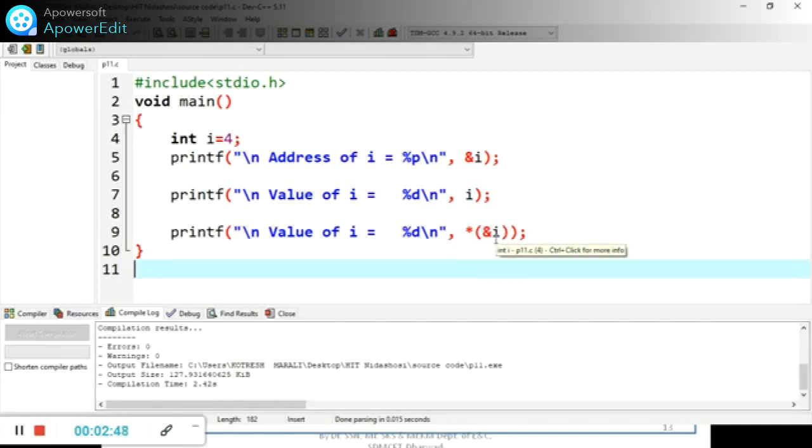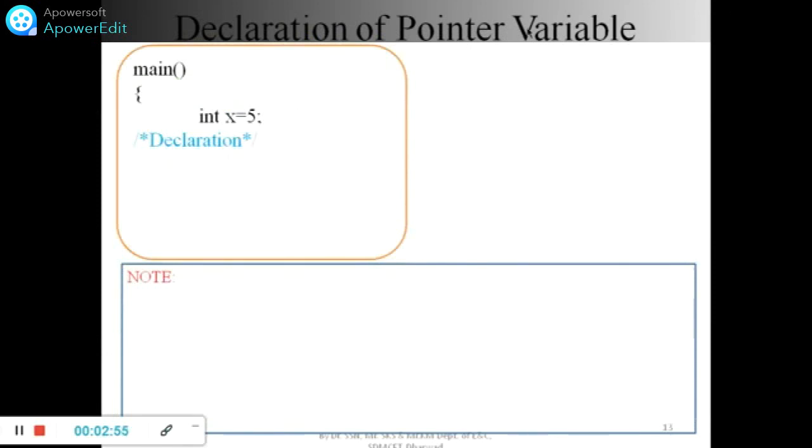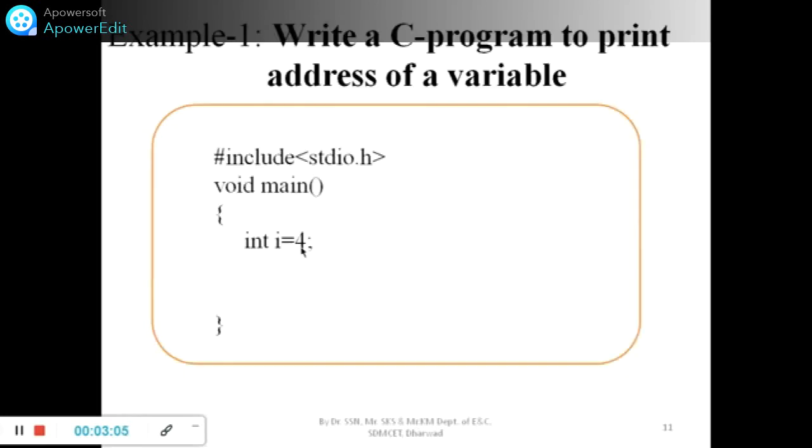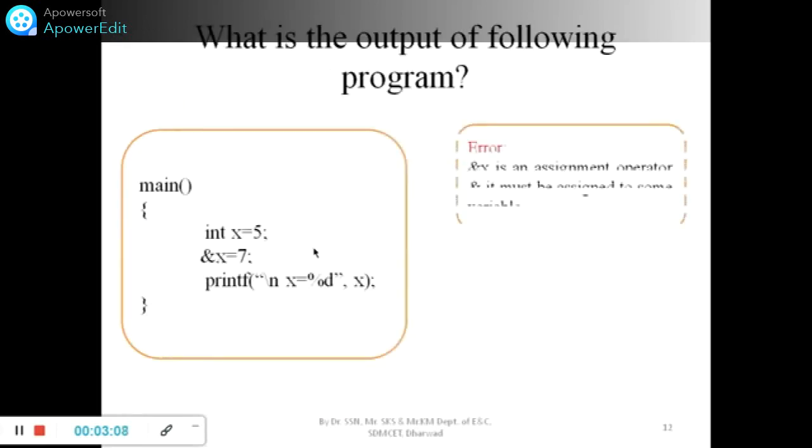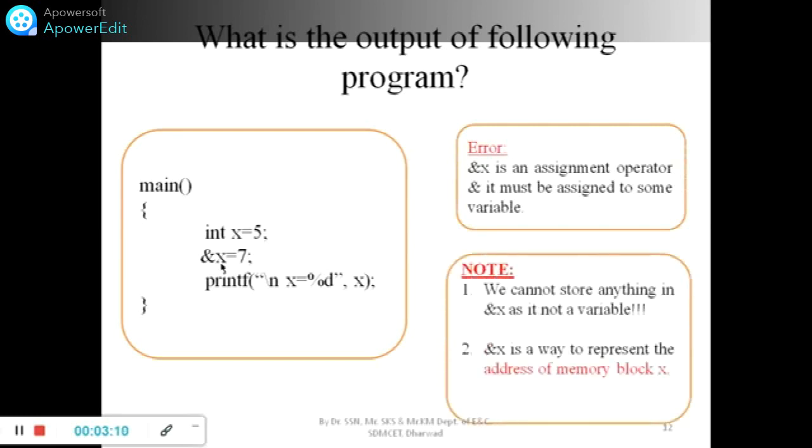And here my next concept starts, that is the declaration of pointer variable. In the previous session we got to know that it is quite wrong to declare ampersand x is equal to 7, which is not the way to represent any variable, as it is not a variable.